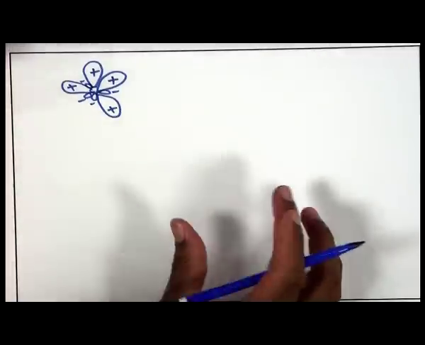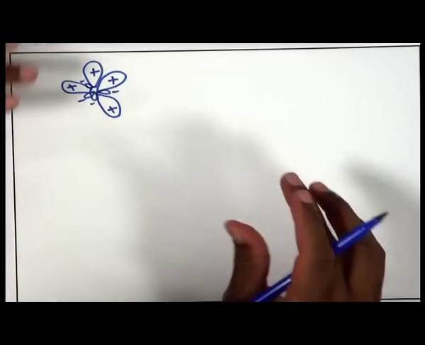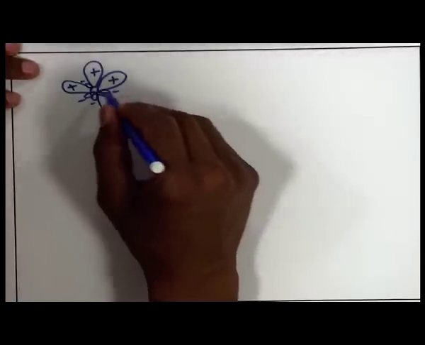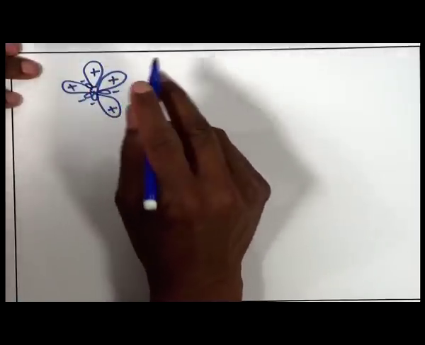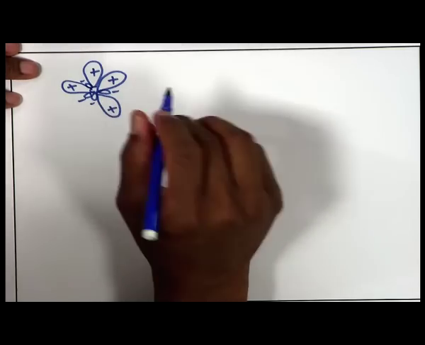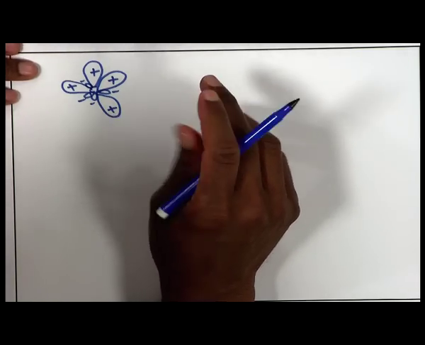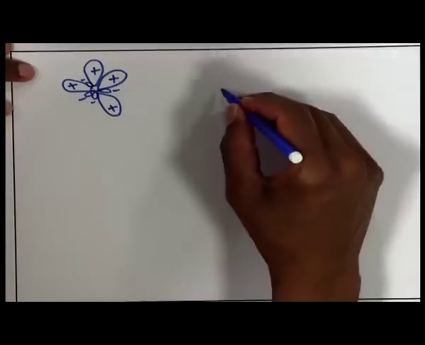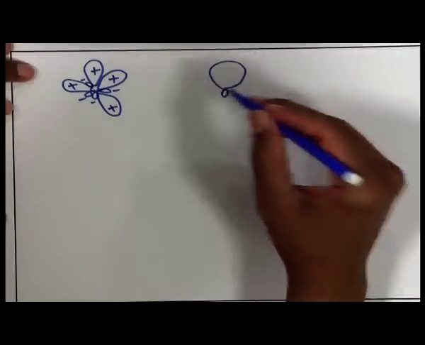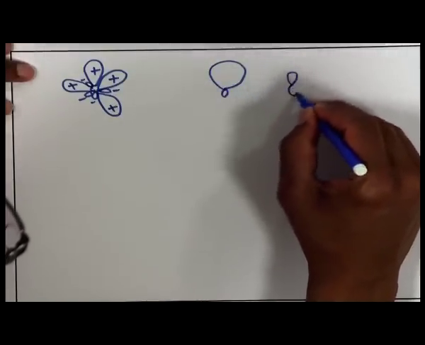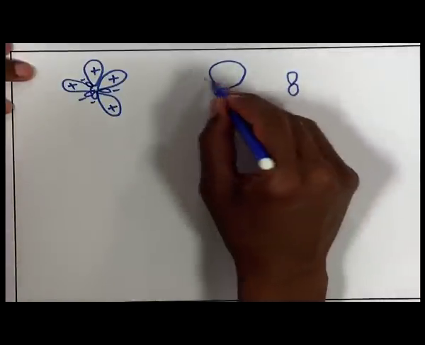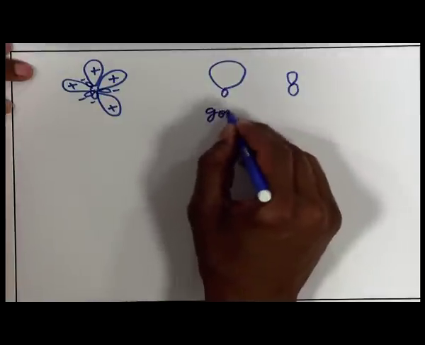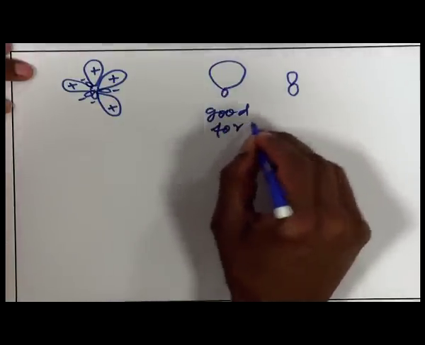So, atomic orbitals were combined to give hybridized orbitals. After hybridization, you can see that the lobes of the hybridized orbitals are larger compared to the atomic orbitals. So, you have a lobe this big compared to an atomic orbital of like this. Orbitals having this much lobe are good for overlap, good for bond formation,